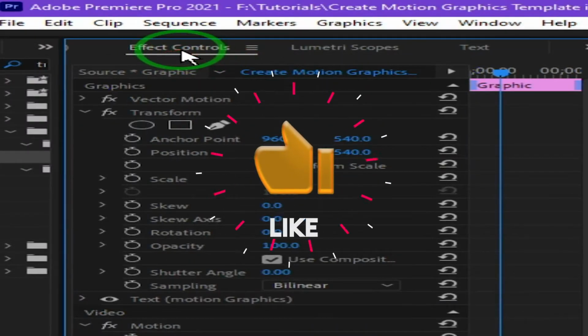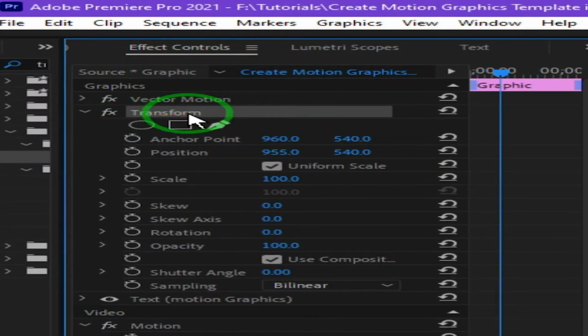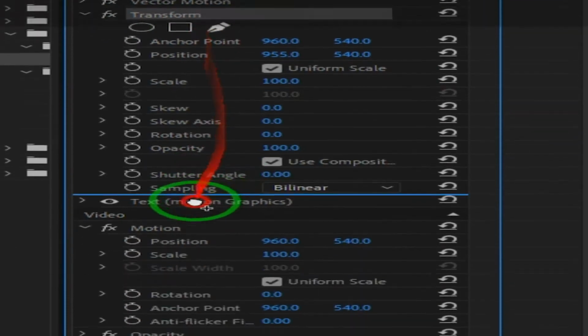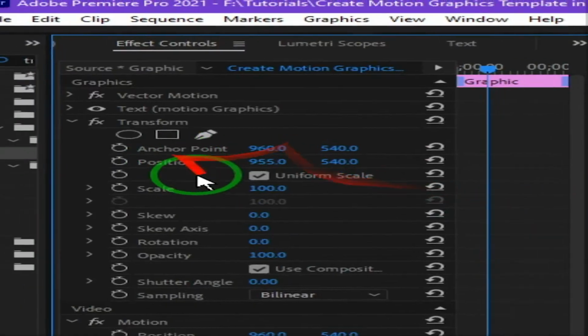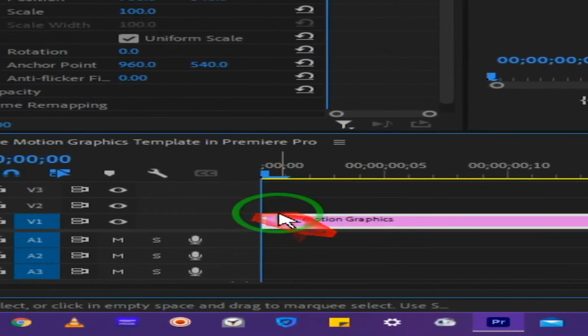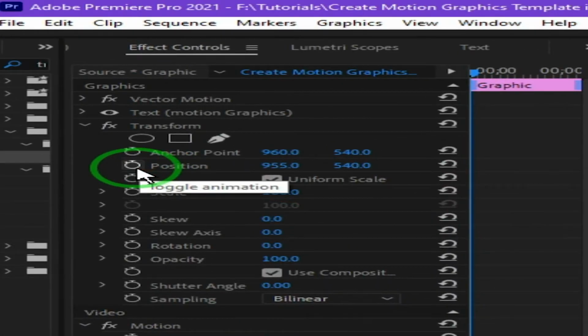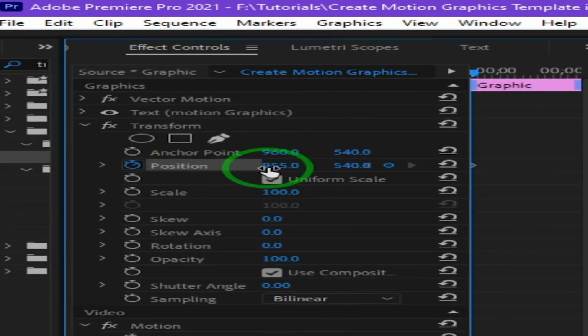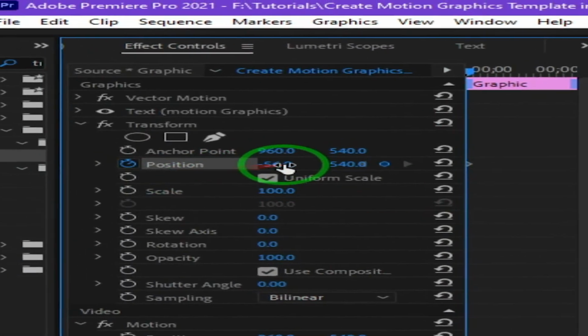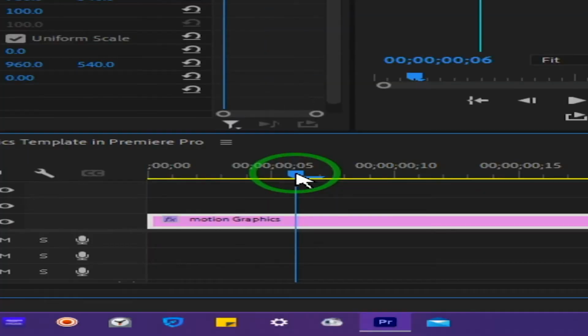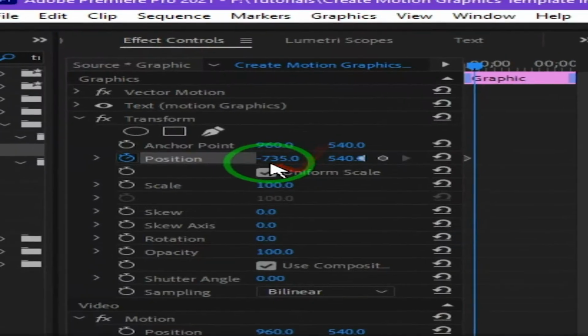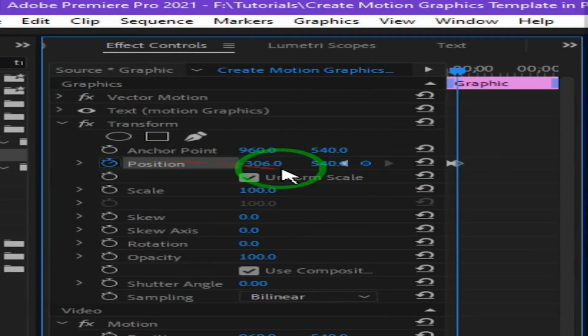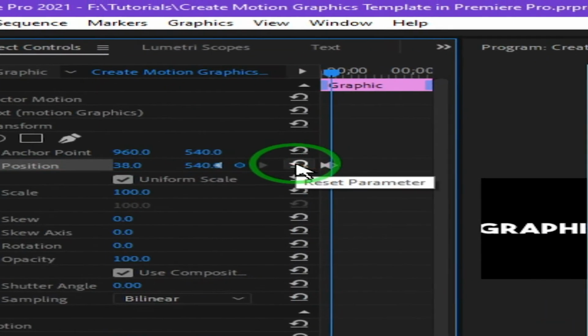Now let's go to the Effect Controls and here you will see the Transform effect. Just drag it under the text, and now move your playhead to the beginning of the timeline and click on this position to create a keyframe for the position. With this slider, move your mouse over this and drag it towards the left side to move this text out of the frame, something like this. Then move the playhead a few frames forward and bring this back to its position, or you can just press reset parameter,